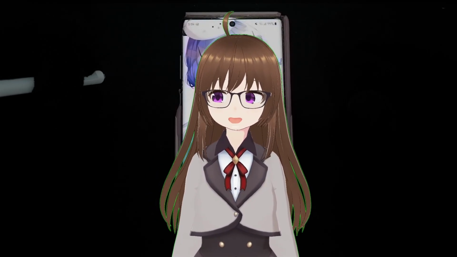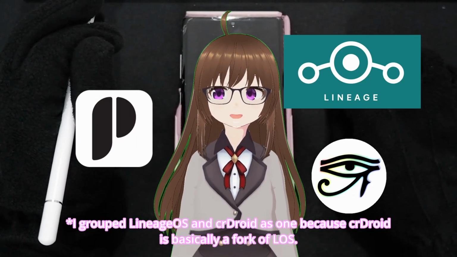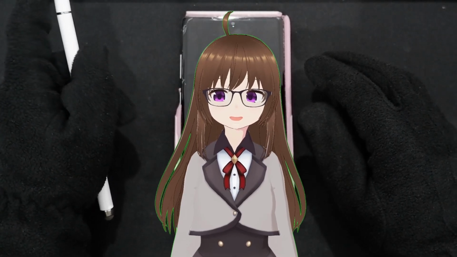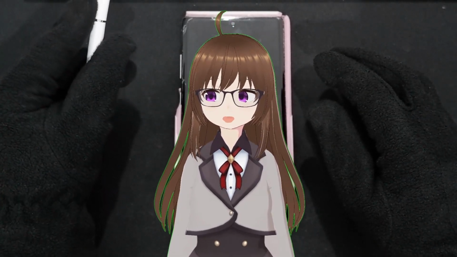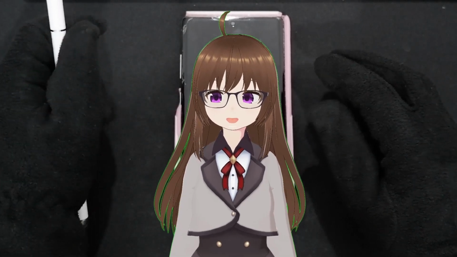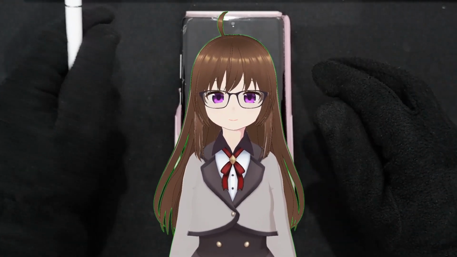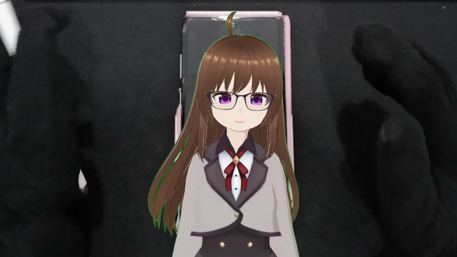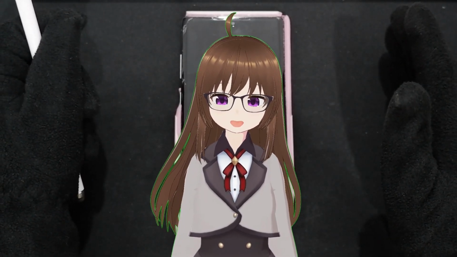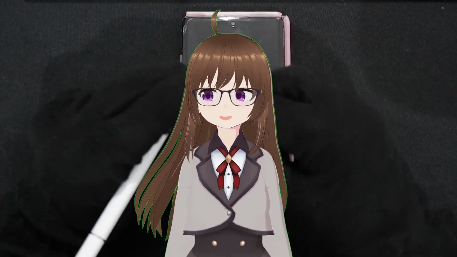However, I've done some digging around and I found two custom OSs that are currently actively being maintained by the community right now. There are more different flavors of custom Android ROMs, but it's very subjective to the maintainers whether they would take the initiative to keep a ROM for a specific model up to date. Which in the case of the Galaxy Note 10 Plus, it's kinda sad to hear that there's only two that are currently being actively maintained right now. Or three, for that matter. So let's go through each of them.